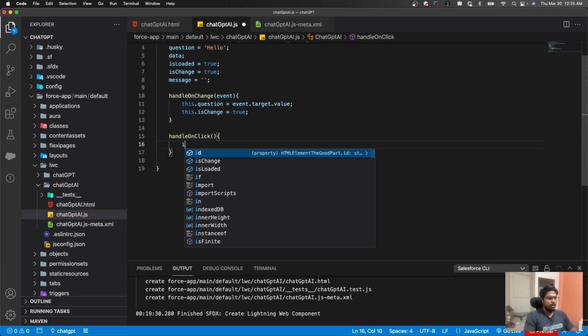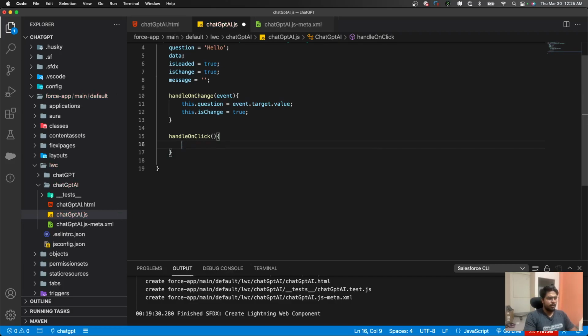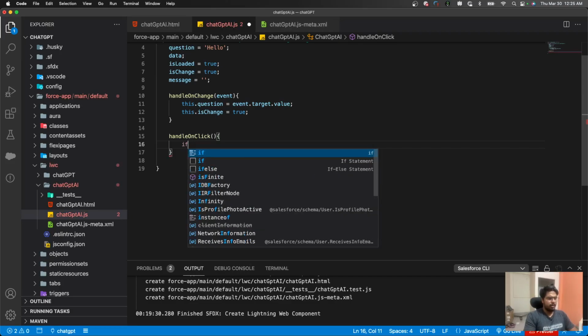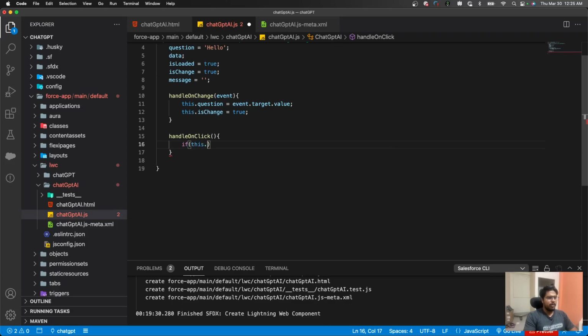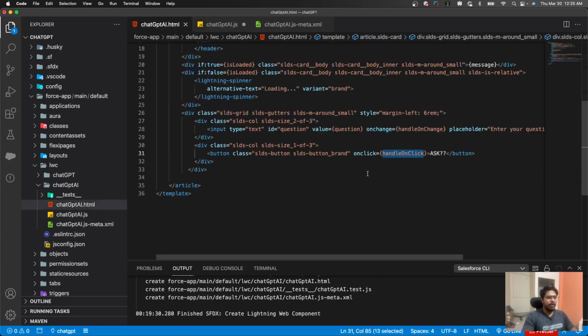So if this dot is change, if it is true, okay, then we will go inside this if block. So what we will do here, here we will create a function. So now we are here, till here we are good. Okay, we have handled each and everything here: questions, handle on click, handle on change, along with this message